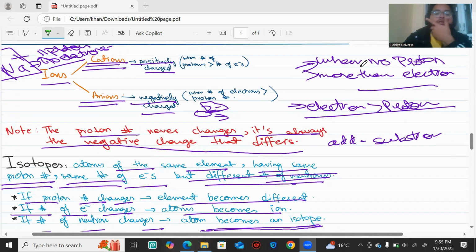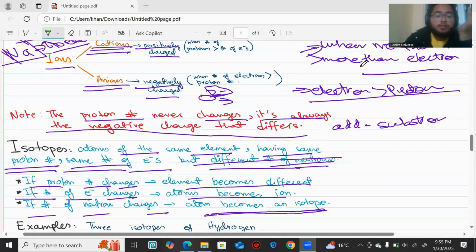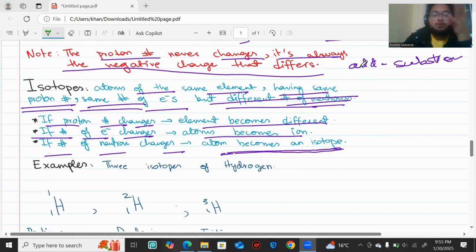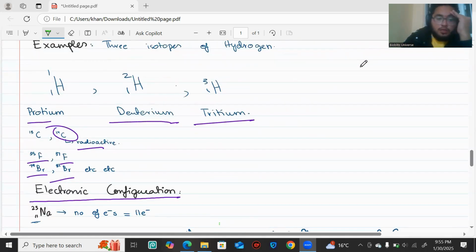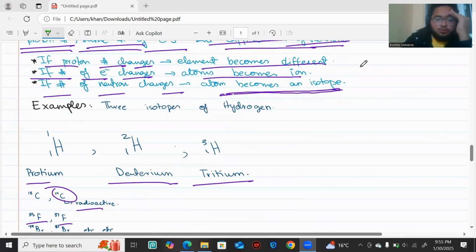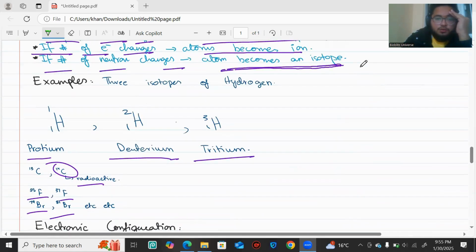And then we have done the ions, cations, and anions, and with it we have done the isotope examples, and that's it. In the next lecture we will do Hund's rule, the electronic configuration,